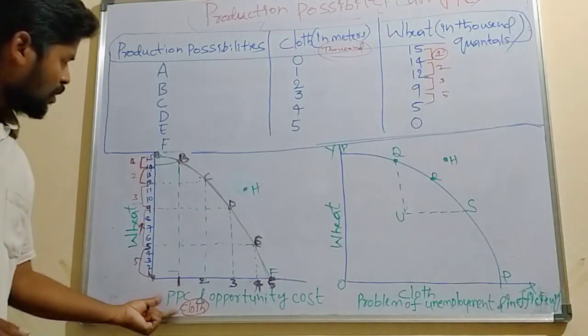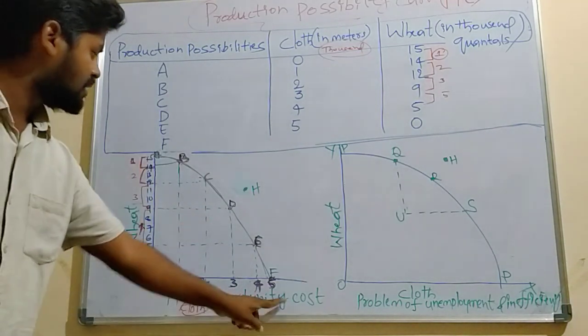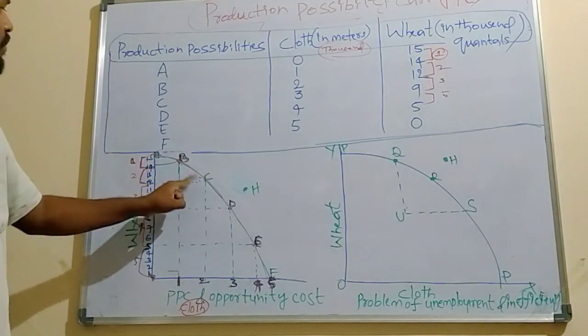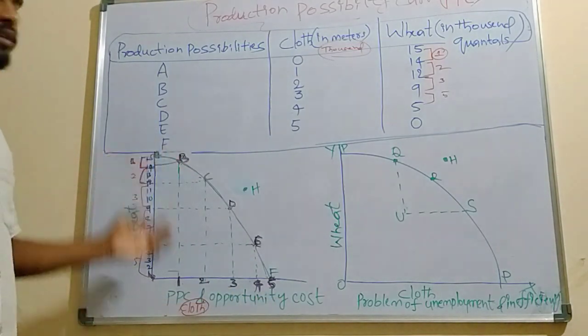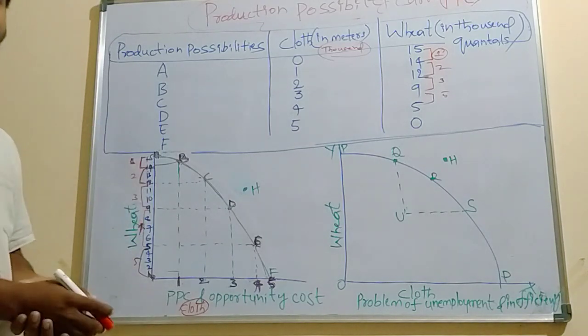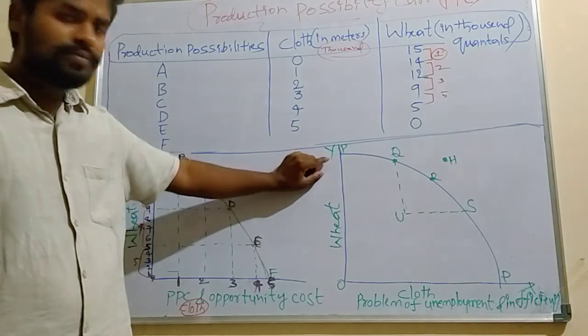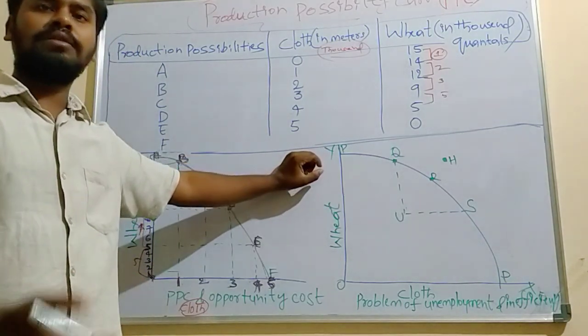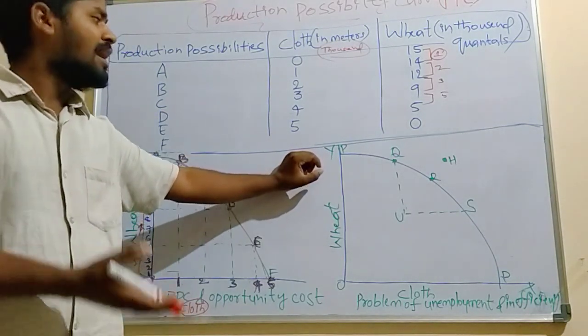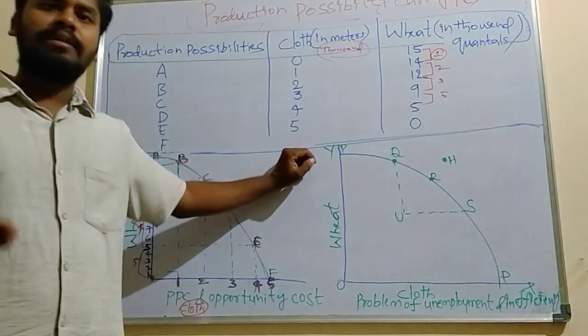Okay, here we are getting production possibility curve and opportunity cost. Here, see, increasing the opportunity cost. We are sacrificing one good to produce another good, to utilize resources in the most efficient manner. Next, to produce any good, particular capital good or consumer good, we need land, labor, capital, enterprise.